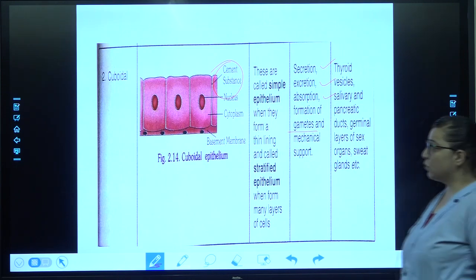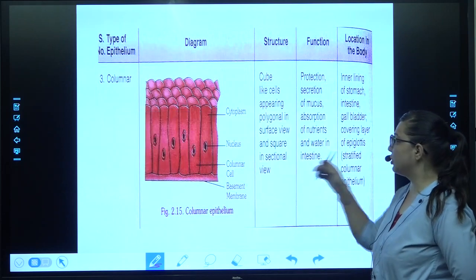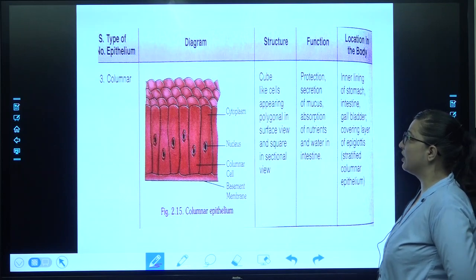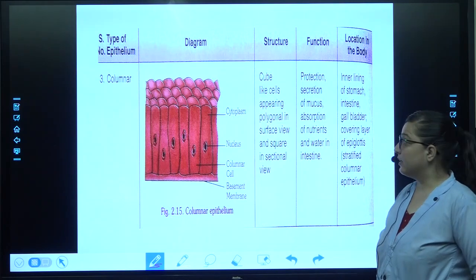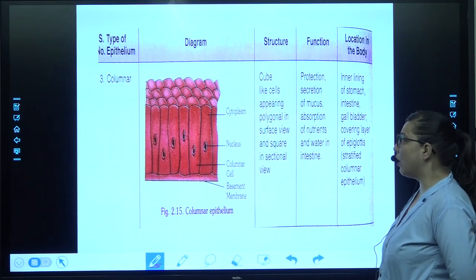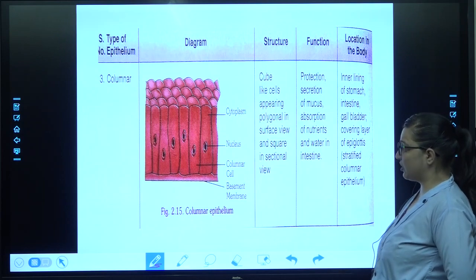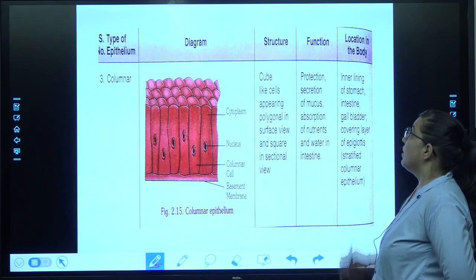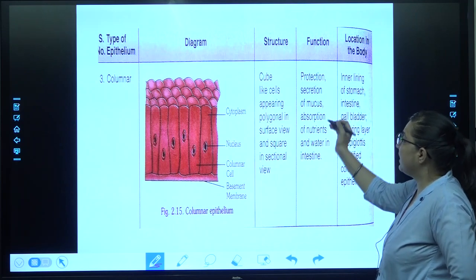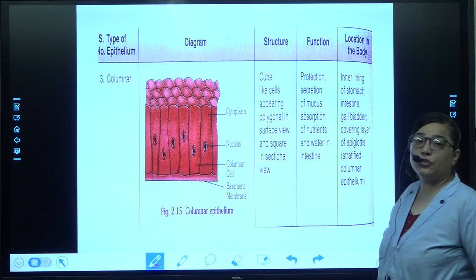Now let's move on to the next type of tissue, which is columnar tissue. You can see over here how the columnar tissue is arranged. Again, they are cube-like cells which appear polygonal in the surface view and square in the sectional view. What is their function? It helps in protection, secretion of mucus, and in the absorption of nutrients and water